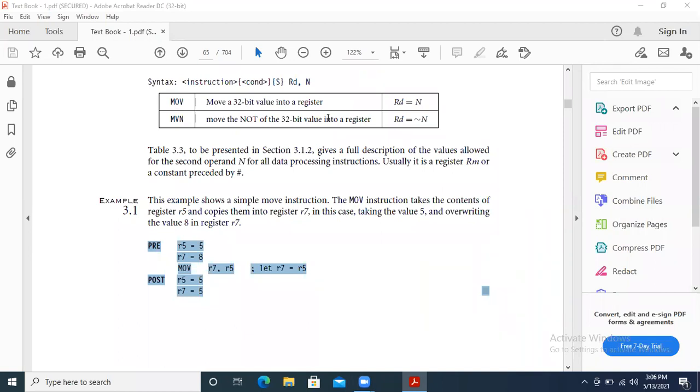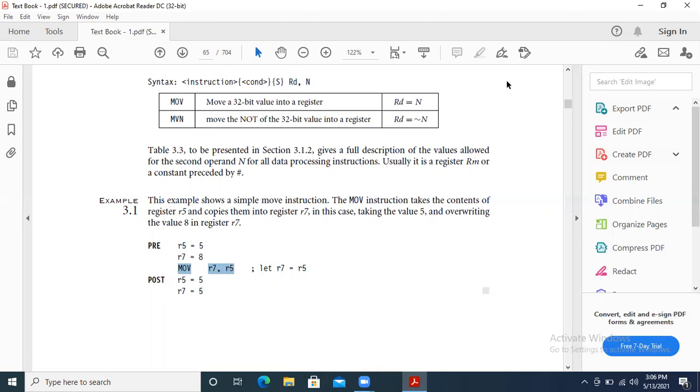Sir, R5 value 8. Take R5 first and the destination place, depending on the instruction. See, depending upon this instruction, it executes here. Suppose if you take here R5, here R7, what happens? R7 becomes 8 also, and R5 also becomes 8 only here. So depending upon this instruction, it executes here. You can take any value here. There is no problem. Okay.